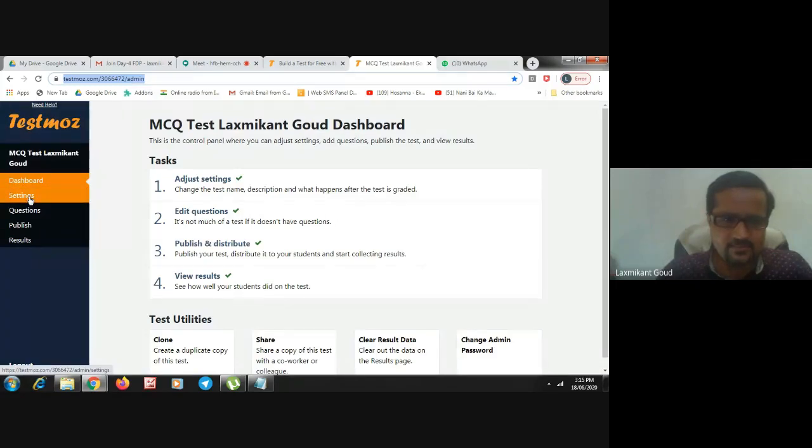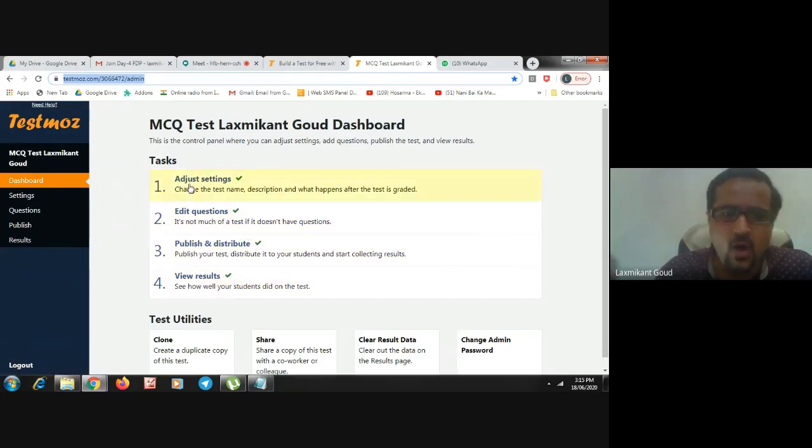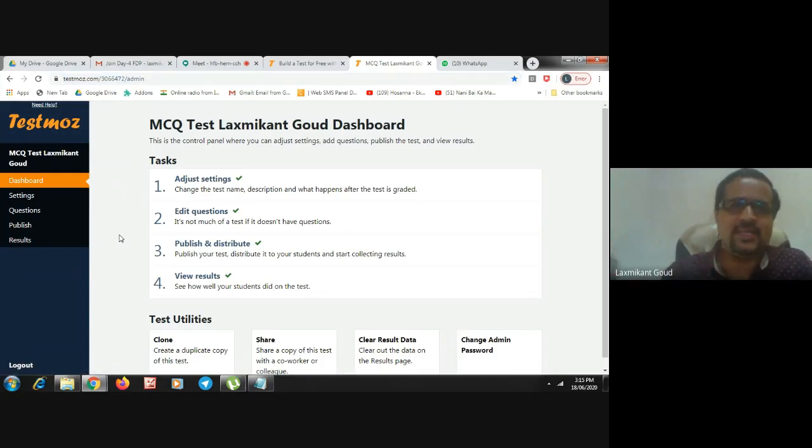First, settings. In the dashboard, you can see here the adjust settings and edit questions with a right symbol. This right symbol means you have completed all the 4 steps. I have already prepared one test for you, so I can easily demonstrate.